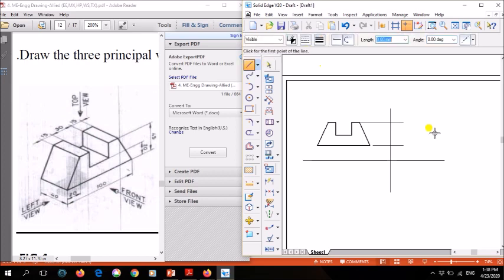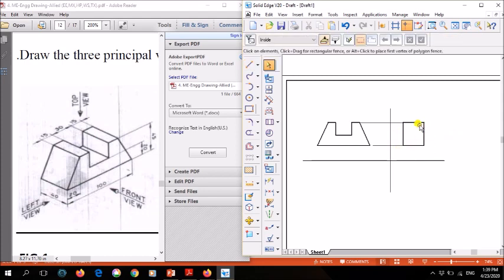Now using thick lines, just put pressure on the pencil and you'll get a thick line. Now I'll draw the height. What is the height of it? How much is it? 45 mm. That is from here to here, 45 mm. Same way next I have drawn a height. What width have they given? This width, how much is it? 40 mm. On the right side you take 40 mm. Same way downwards, 45 mm, and complete it. So I have drawn the side view.